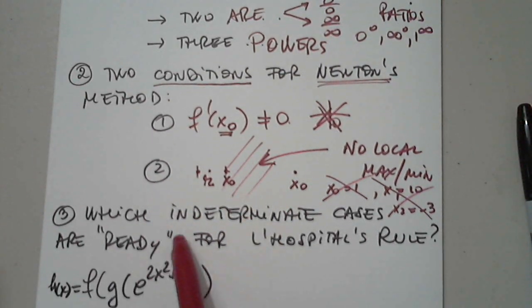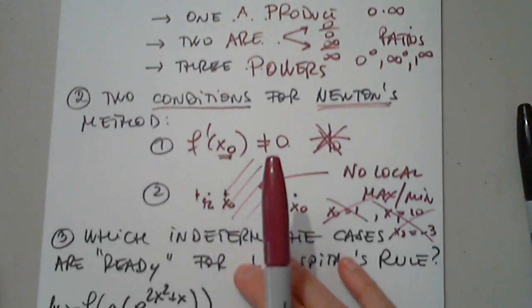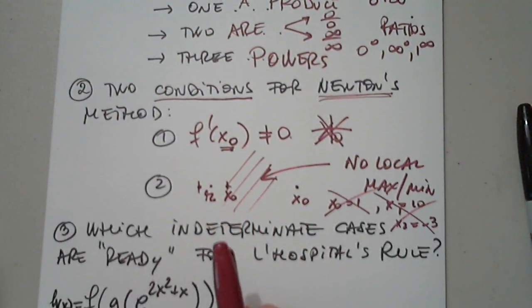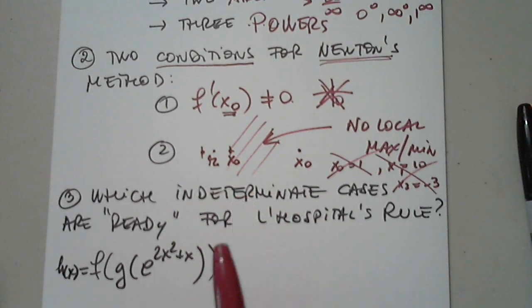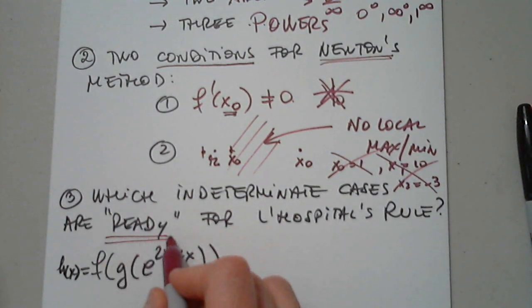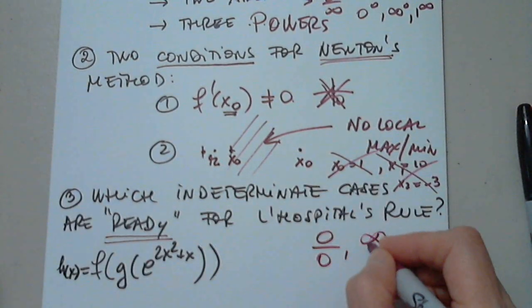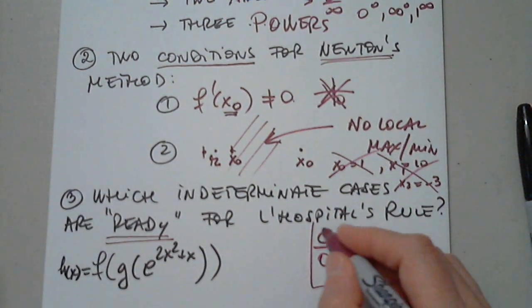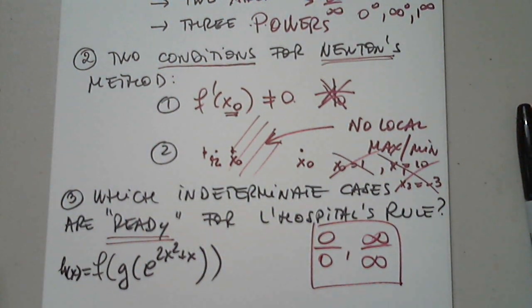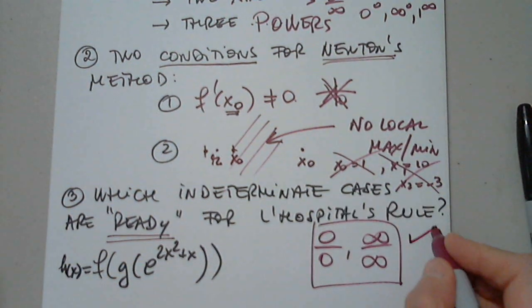Okay. Which indeterminate cases from these 7 are so-called ready for L'Hopital's rule? The others may be changed into those, but which ones are definitely ready? The ratios. Yes, the ratios, 0 over 0 and infinity over infinity. Only these two are ready. Don't need any manipulations, any changes, any logs, nothing. These are already